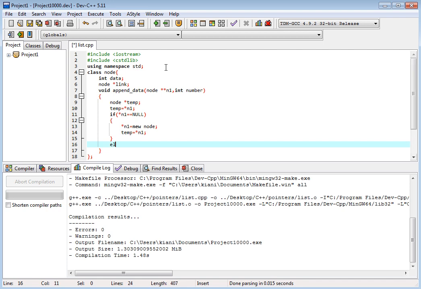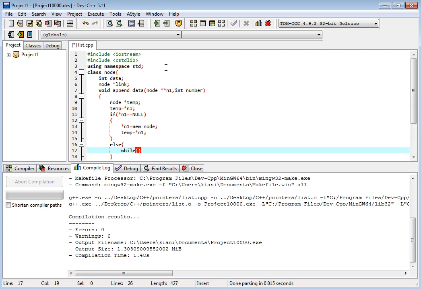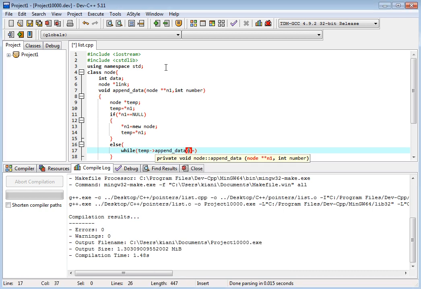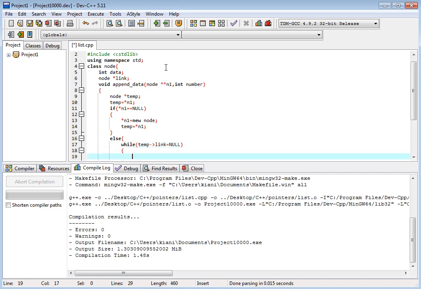In the else part we have a while loop, we loop through it, and if temp link, temp is a node pointer, temp link is equal to null, then temp is equal to new node.